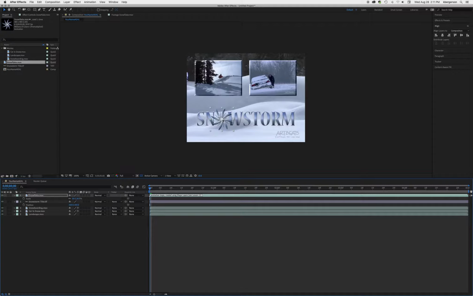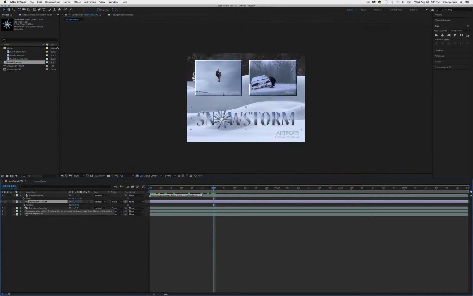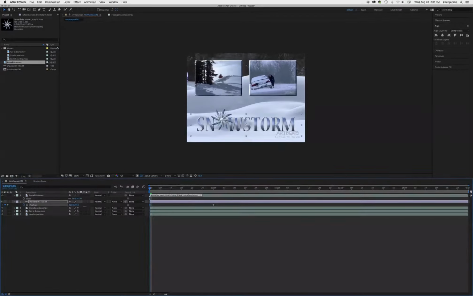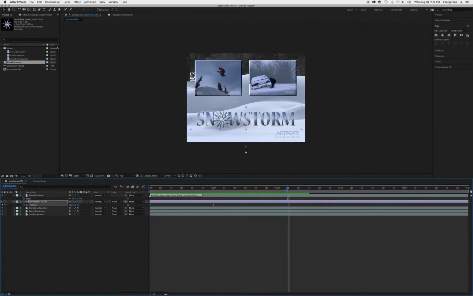But the easiest way to do that in a motion graphic is you want to start with the end of your composition, right? So this is the end, and now we can define what we want things to happen at the beginning. So we have 5 seconds, and so let's say at second 1 is where we want snowstorm to stop. And so we'll go to our snowstorm title, and with position we will click this keyframe, and that will create a keyframe that will leave that position. And then we'll go to the beginning and we will just lower snowstorm out of the shot. And then with these 2 keyframes